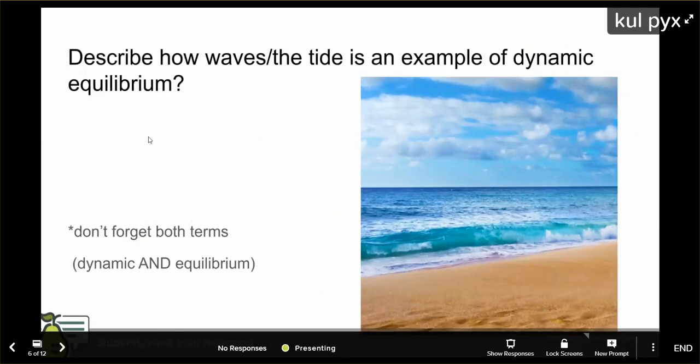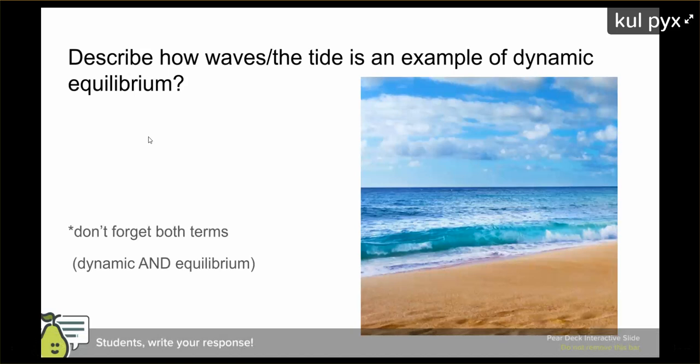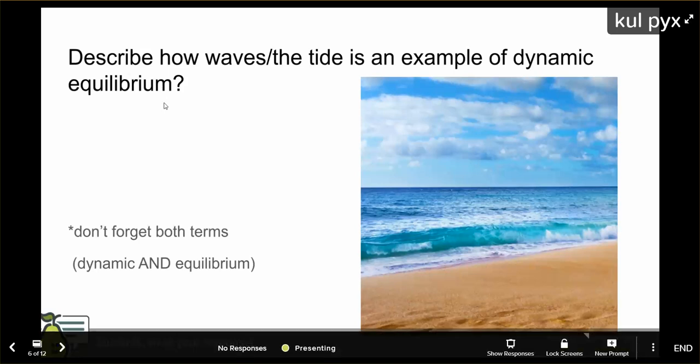Now, for slide number 6, it says to describe how the waves that we see in this image are an example of dynamic equilibrium. Remember, dynamic means things are moving, things are changing, right? And when you think about the waves, they don't ever stop. They're always crashing onto the shore. And when we talk about equilibrium, remember that's when the rate going forward is the same as the rate going